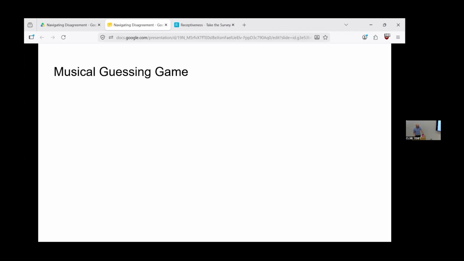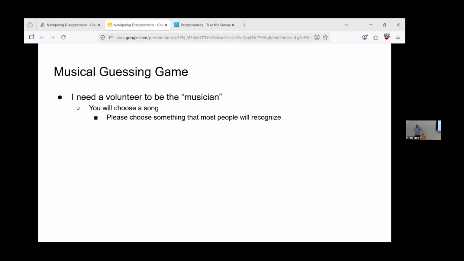All right, so I want to do an activity. We're going to play a game. I'm going to need a volunteer to be a musician. Not everyone at once. Sit down. I'll explain how it works before I get a volunteer. So the musician is going to choose a song. Please choose something that most people will recognize. You'll perform the song using only tapping,